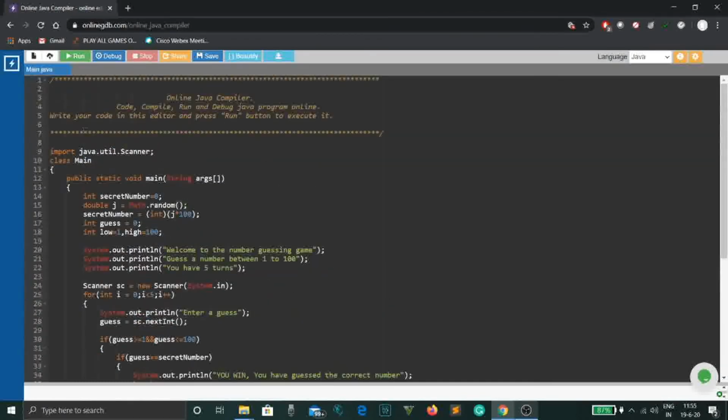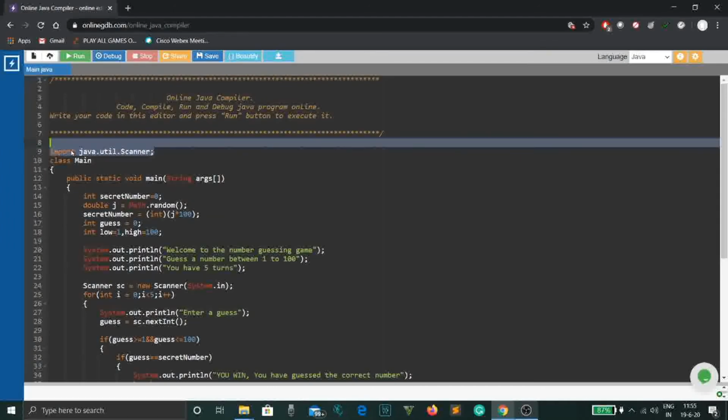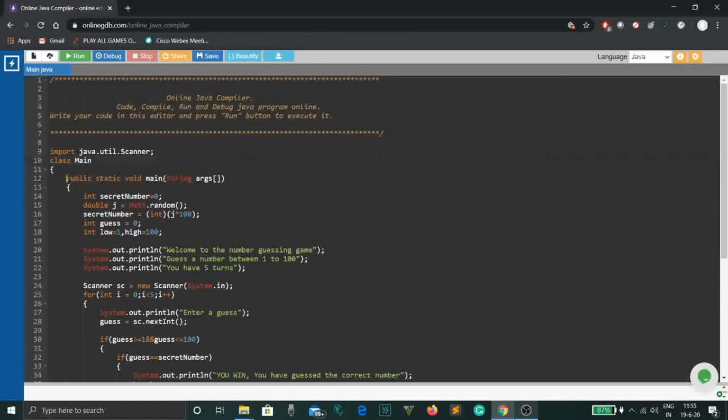So let us run through our code once again quickly. First we import the scanner class so as to take the user input. Then we declare a class. Then public static void main string args, the main method we declare. Then we declare an integer variable secret number. This secret number will hold the random value between 1 to 100